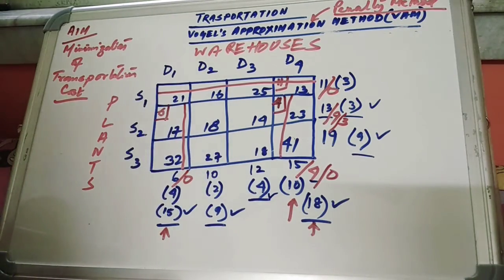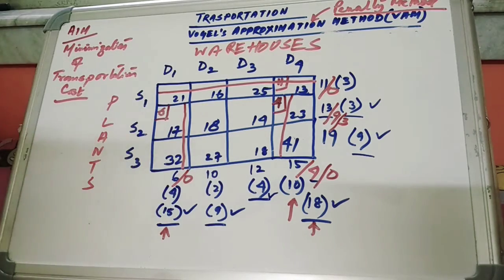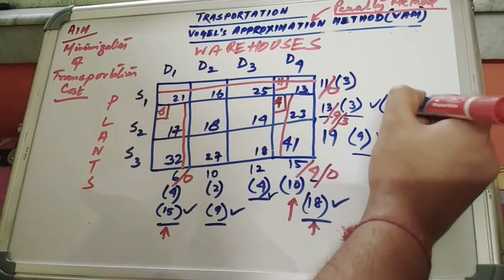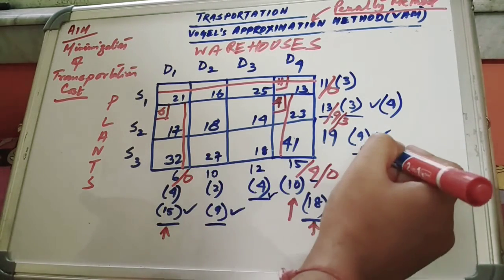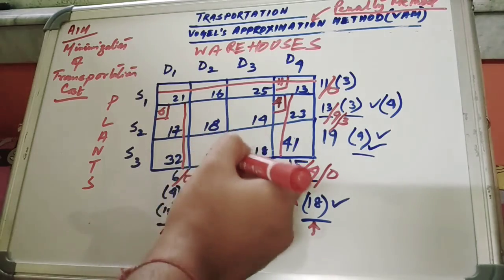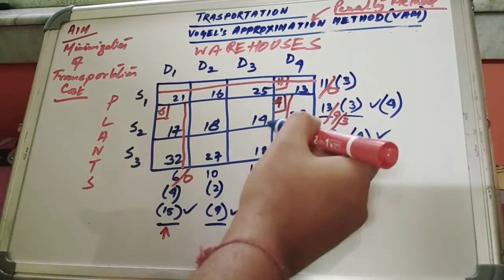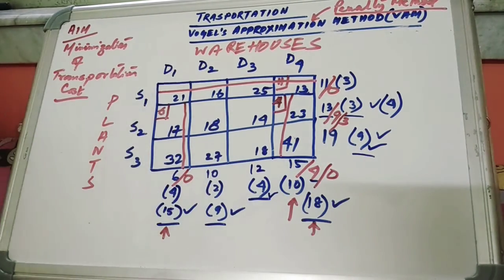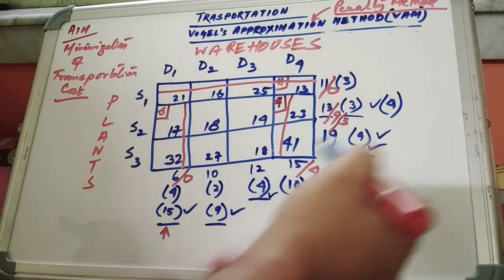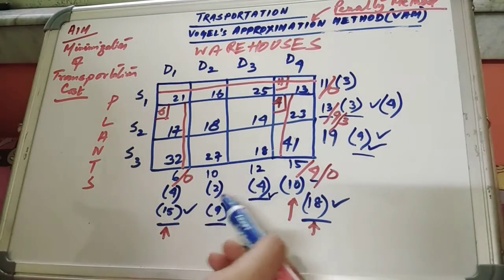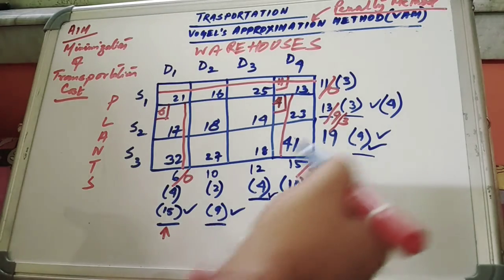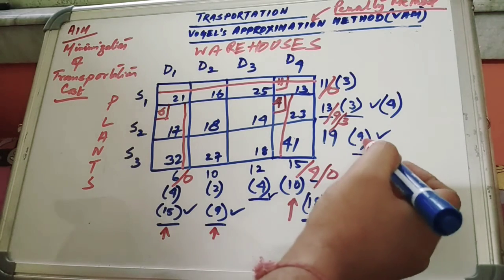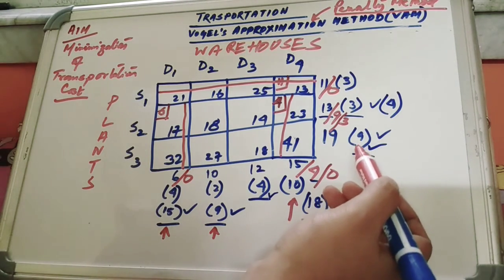Okay, no problem. Next, in between these matrices, we have to find out the penalty values again. Look, 18 and 14 gives you 4. 27 and 18 gives you 9. Okay, no problem. Next, 18 and 27 gives you 9. 14 and 8 gives you 4. Now, look, these are the ties. 9, 4, 9, 4. So, the maximum values are 9 and 9. Two 9s are there. Then, you can select any one of these. You can select this one or this one. Let us select this one. You can select this one also. The answer is going to remain the same.